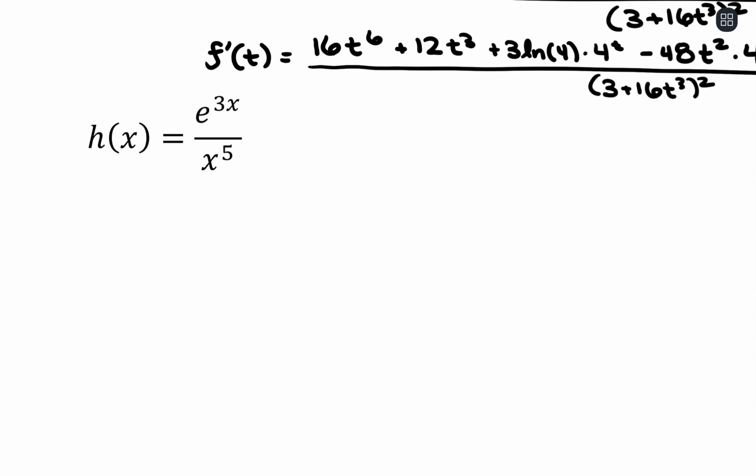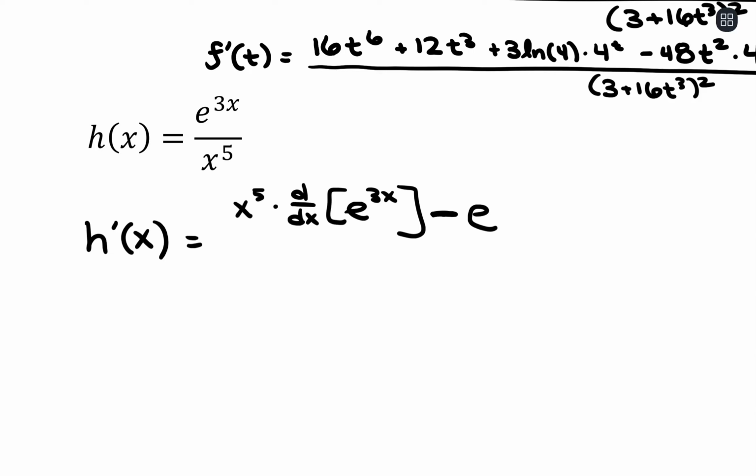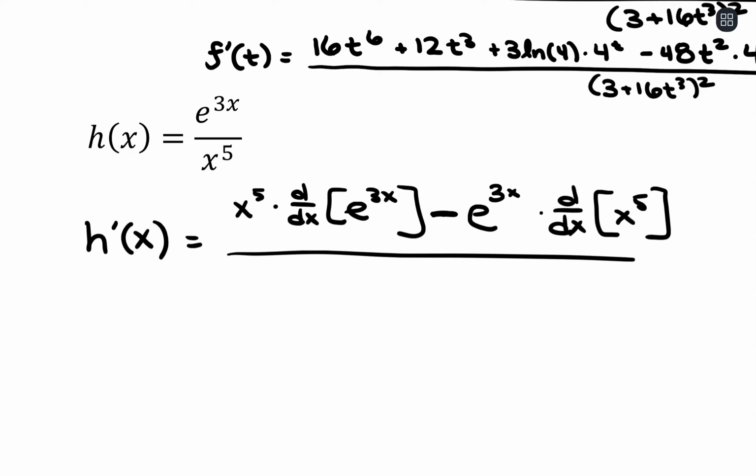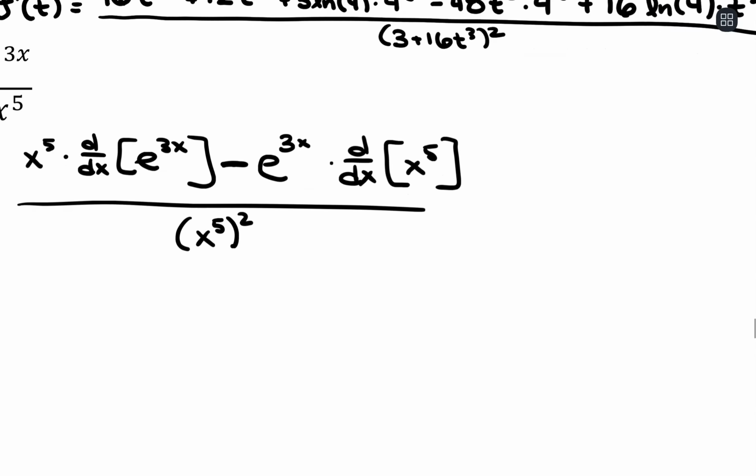All right, this is going to be quotient rule because we have numerator and denominator. So low D high times high D low, minus high D low all over low low, so x to the 5th squared. All right, next piece here. So we're gonna have x to the 5th times the derivative of e to the 3x. So this is gonna use chain rule right here,